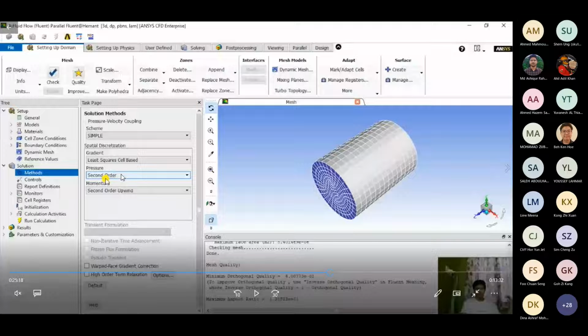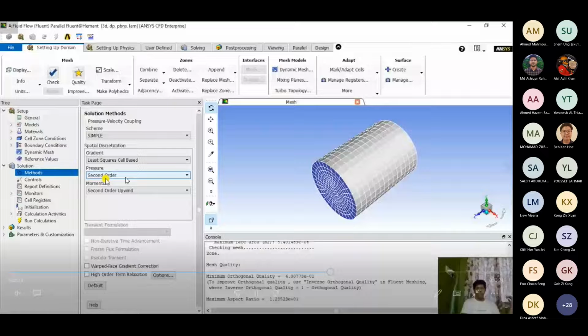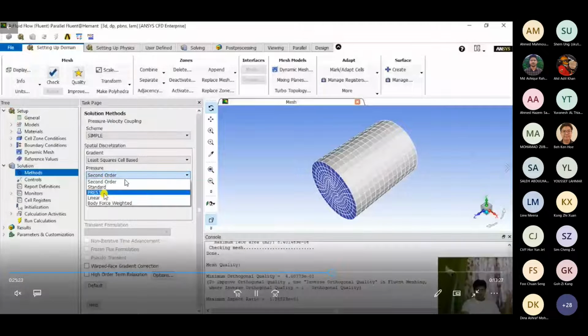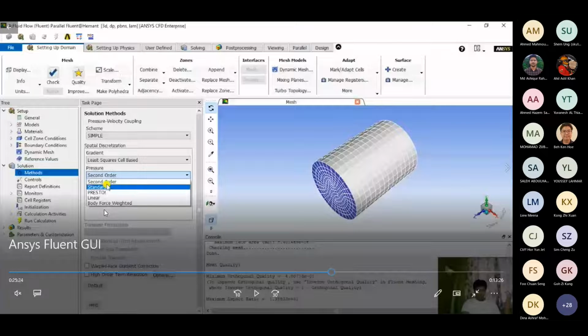So based on your accuracy, you would limit your solving part, and if you keep it as second order, then you would be limiting your term solution. You would select these based on a primary understanding of things, and continue with your simulation. For pressure-based conditions, there are different solution methods to be opted, but you can choose second order. You can keep it the same and move on with the next one.